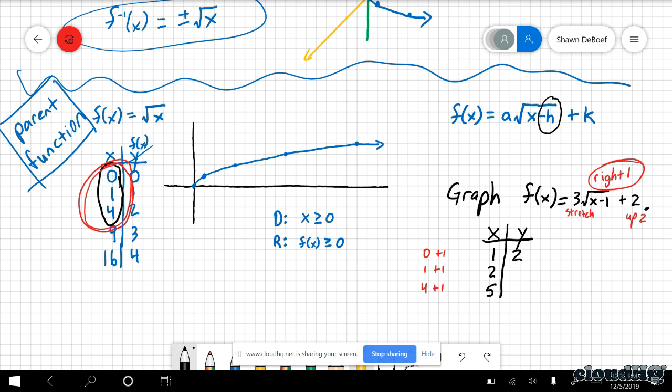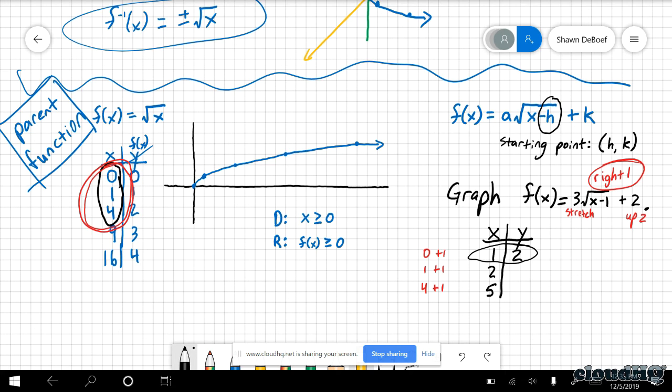Hey, take a look at that point right there. That's what I would call my starting point. Could I have anticipated that from the equation? Yeah. Maybe back up here where I put the general notes, I could add that the starting point is always going to be the opposite sign of that, so positive h. Here I have a positive 1, 2 as my starting point. That's not just coincidence, that'll always be the case.